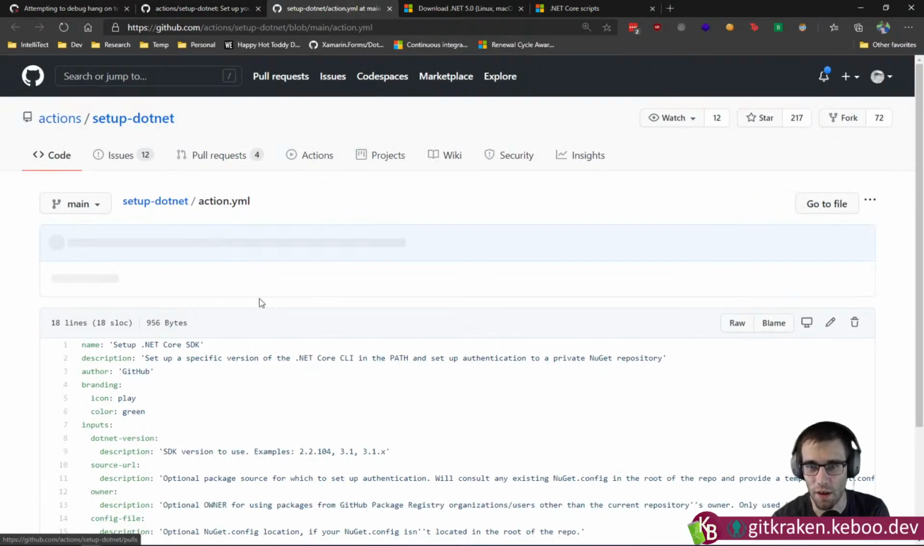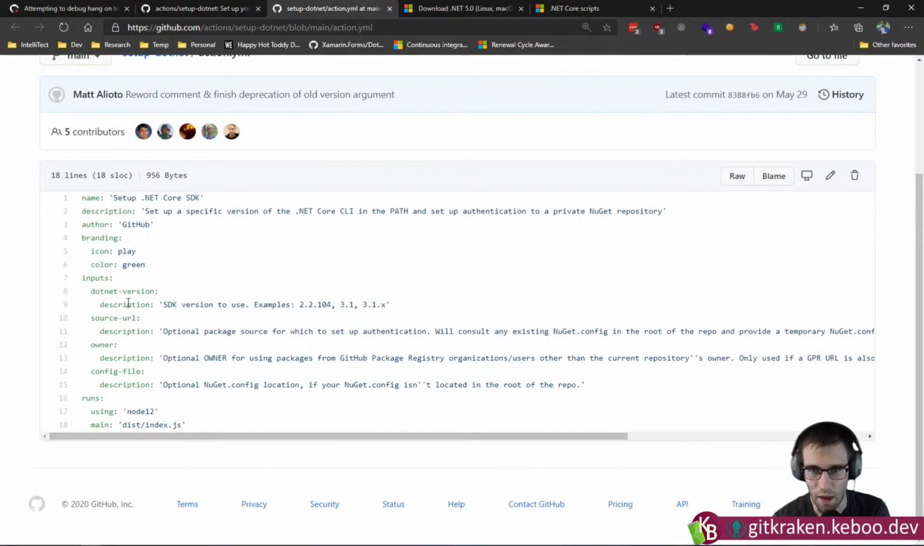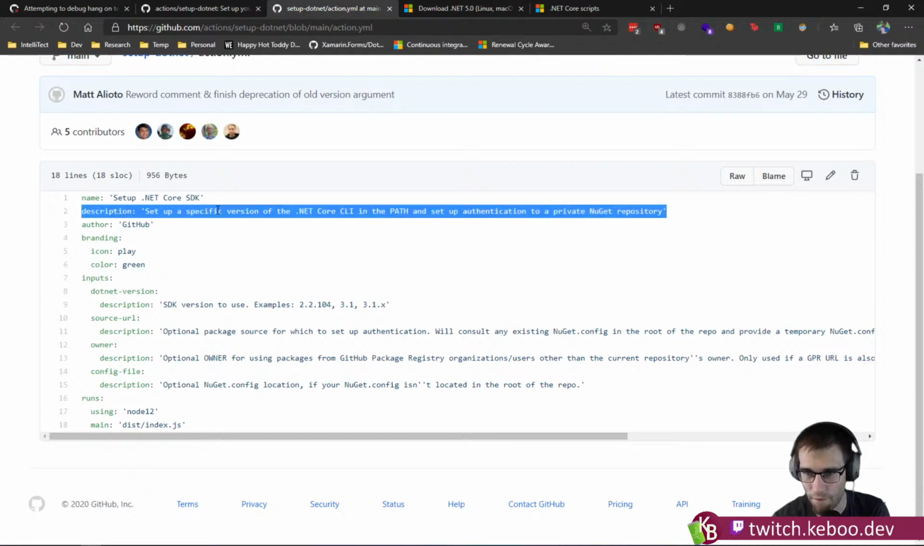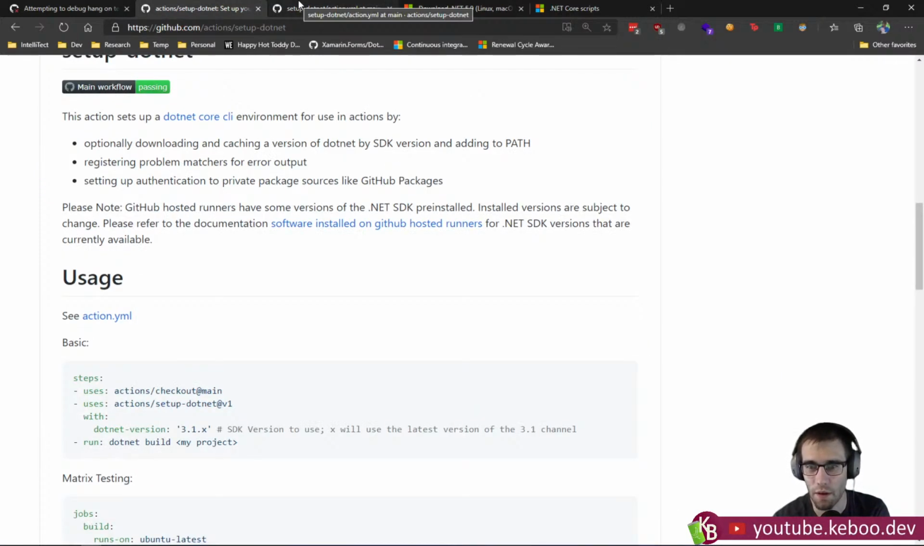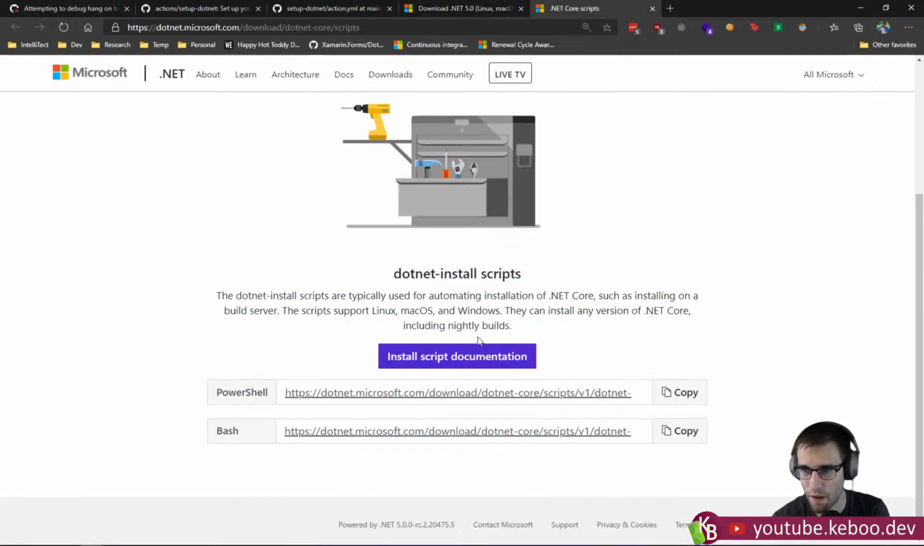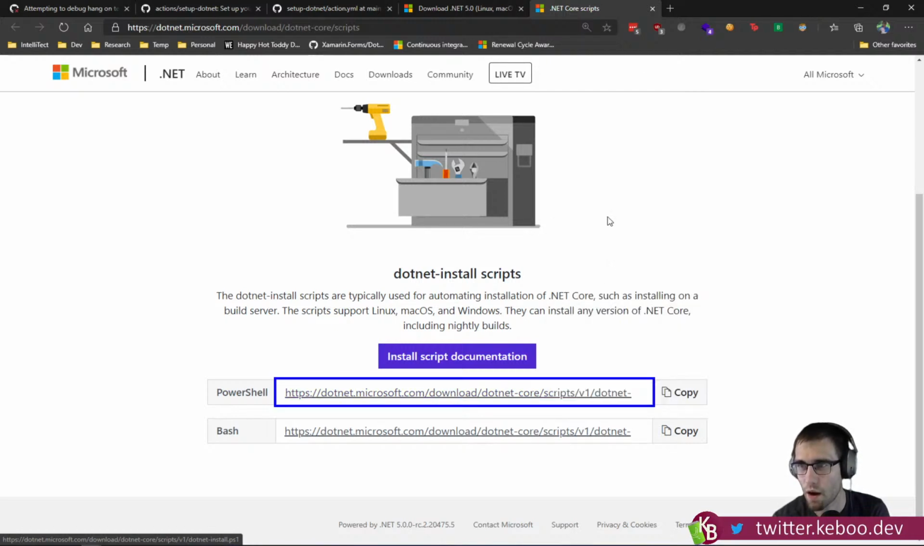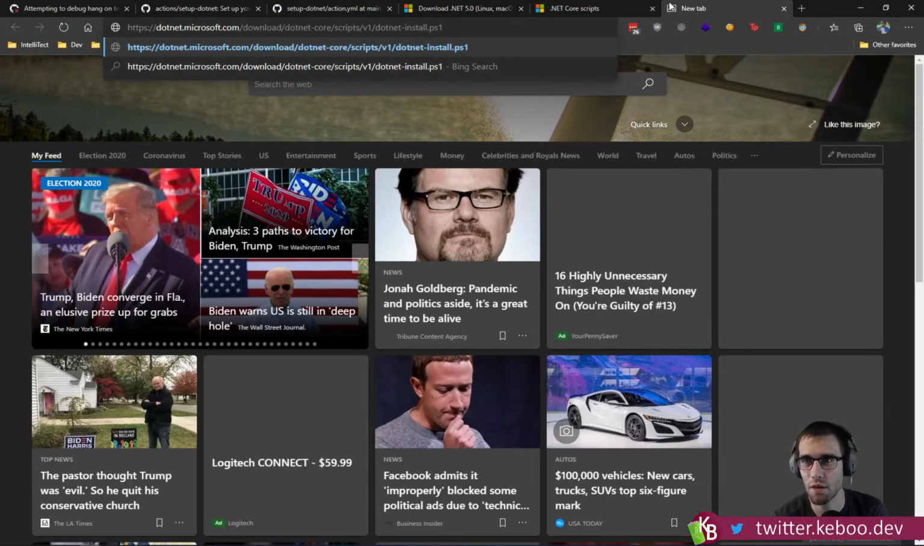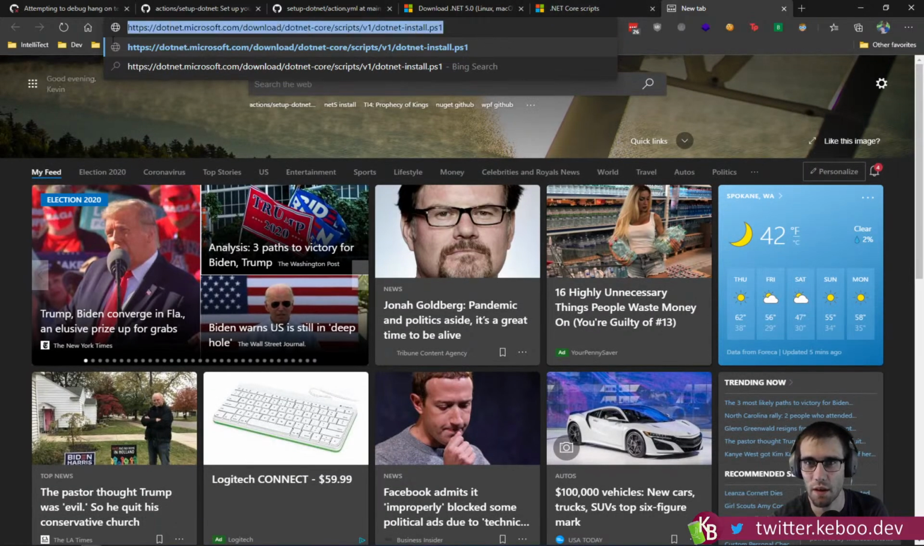Uses action.yaml. That's great. .NET version, source URL, owner, config file. That's not quite enough for my purposes. I would like to not do that. So here's the next question. These install scripts, right? Are these at a copy link, right? Can I just, can I just so